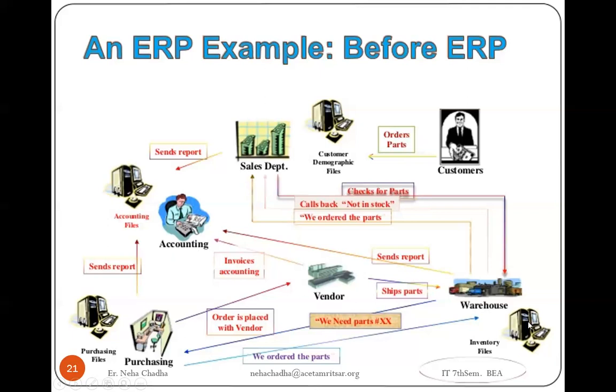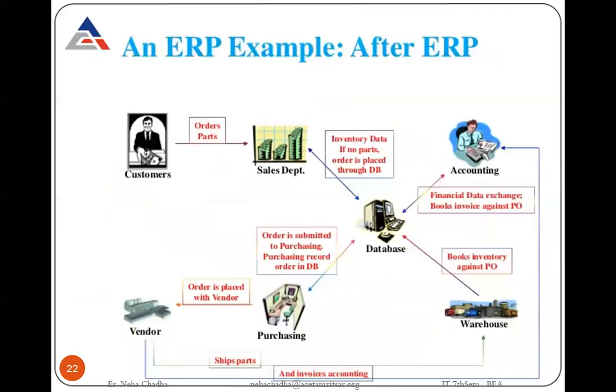They are not updating their inventory files. It means all the departments are working individually, either one or two departments working together in collaboration, but not all. The system is not working over a central database. They are working individually. This is called before ERP. When there is a mess of all things, if we consider the same system after ERP, then